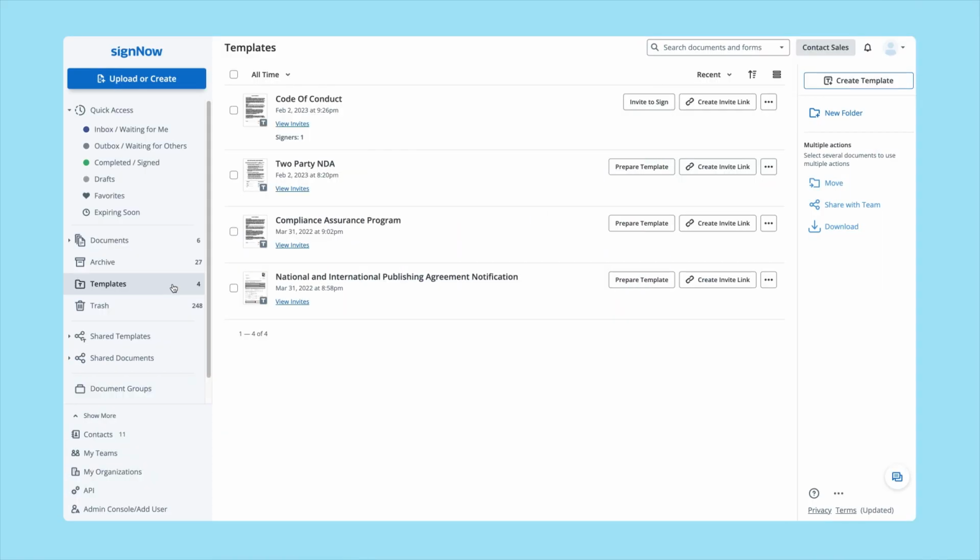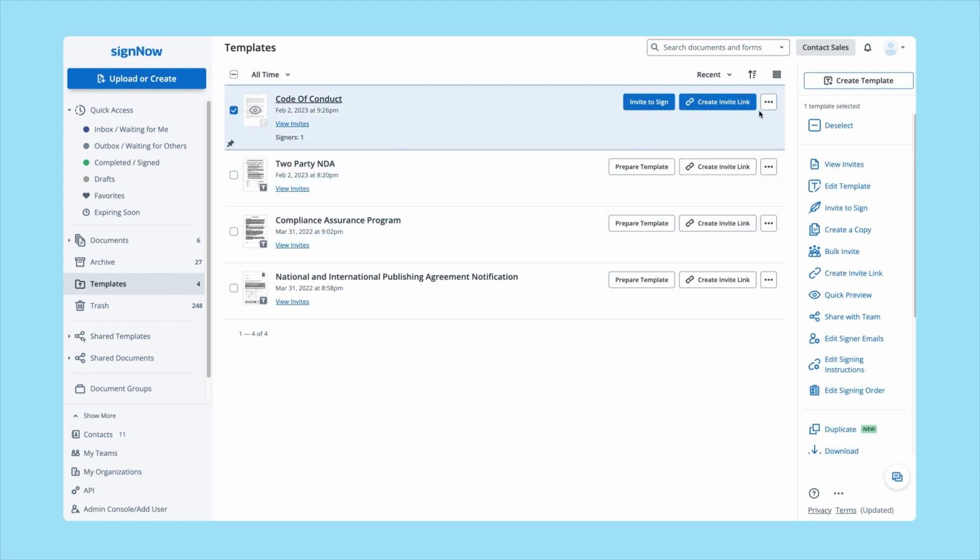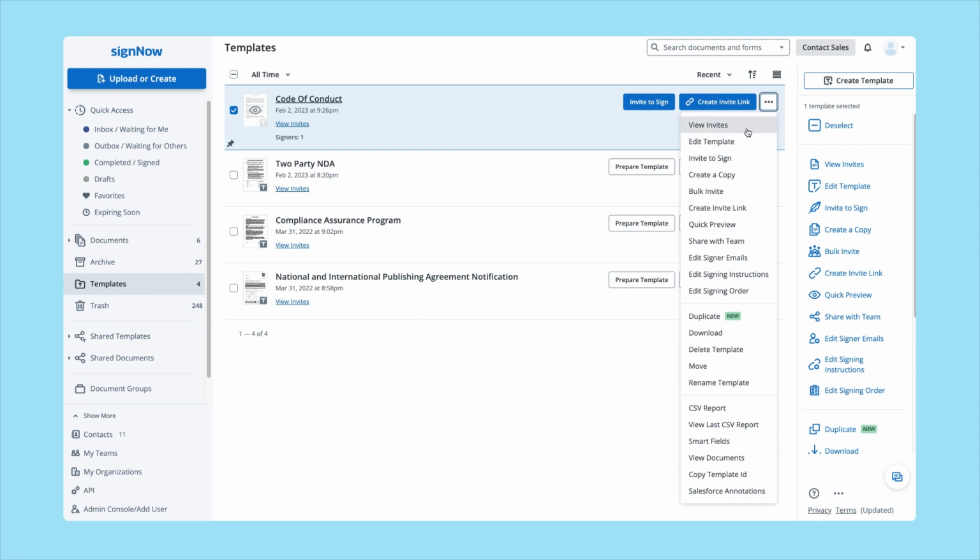If you'd like to save time collecting signatures on multiple document copies, use signNow to send your contracts, agreements, and forms to several recipients at once. Create a fillable template and send it to multiple people to sign. Go to your template folder and then click the More button next to the template you want to send and